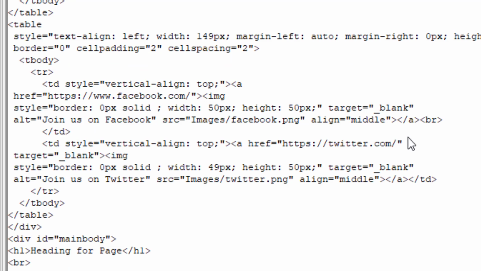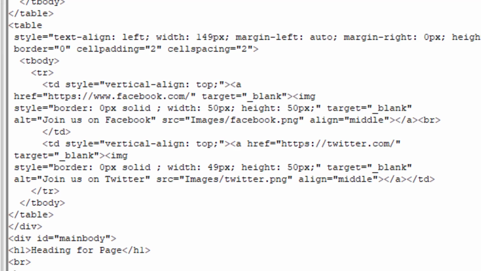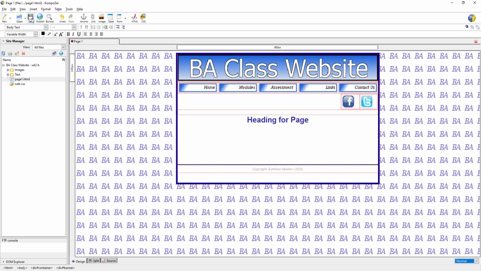So we're going to do the same thing to Facebook now. Again, we find the place where it needs to go, and there it is. We're going to go just between the quote mark and the bracket, space, target equals quote mark underscore blank quote mark. Then we'll go back to design, we'll save it, and we'll go back to our browser in Edge,